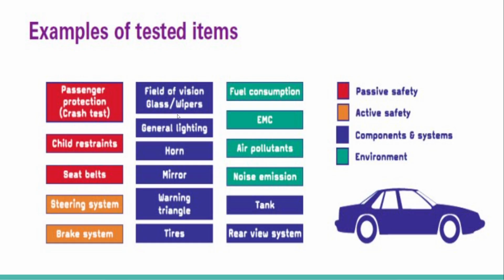Field of vision, glass, wiper. These are the components and systems: general lighting, horn, mirrors, warning triangles, tires. These components are a must, along with the vehicle tank and rear view system. These are the must components and systems. And as per the environment criteria: fuel consumption, EMC, air pollutant, noise emission. These are the list as per